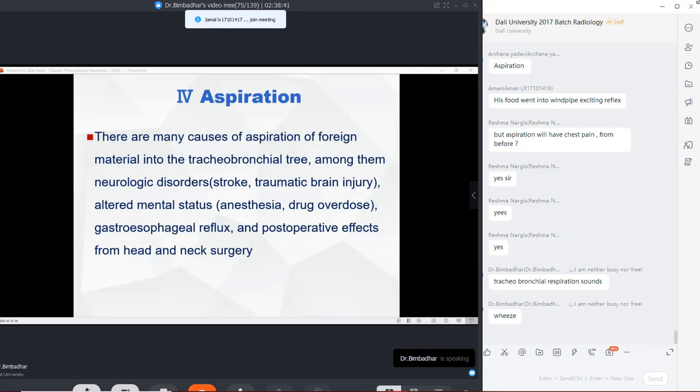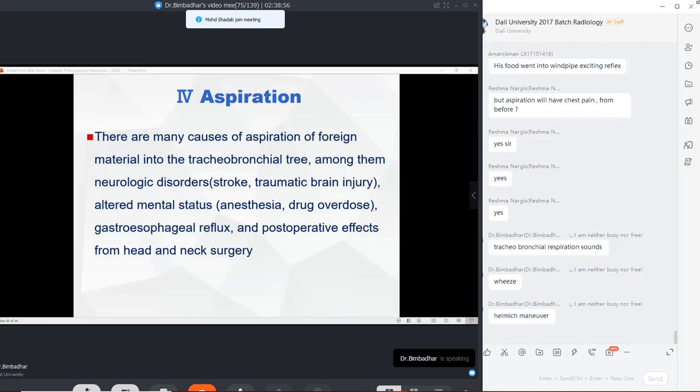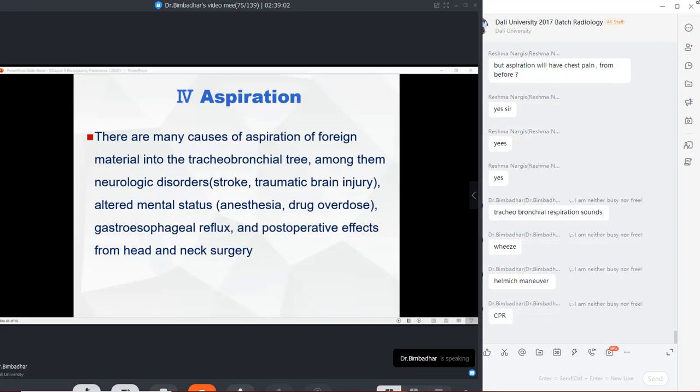So I am going to perform a clinical maneuver called the Heimlich Maneuver in this patient, which I think we also talked about last time. The Heimlich Maneuver, which is a clinical part of CPR. We will be talking about CPR in anesthesia and other conditions, but first let us try to observe